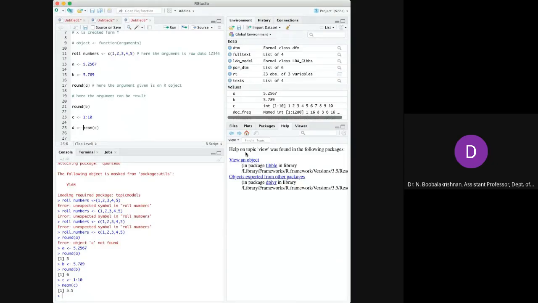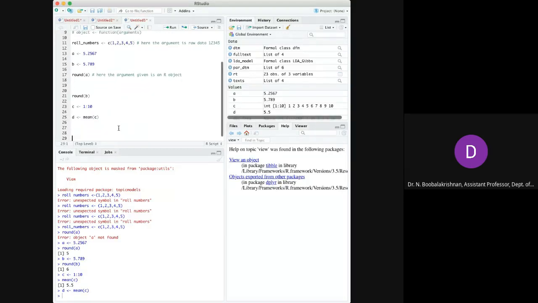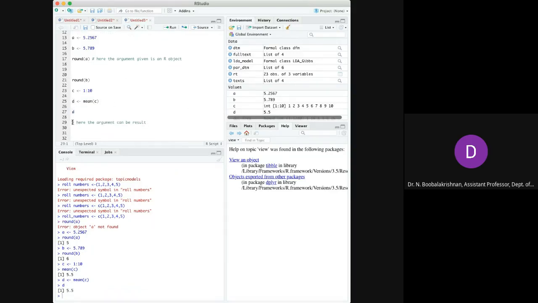D is equal to mean of C. Now D is the mean of C, so D is the result of this function. What is D? D is 5.5. Now round E.